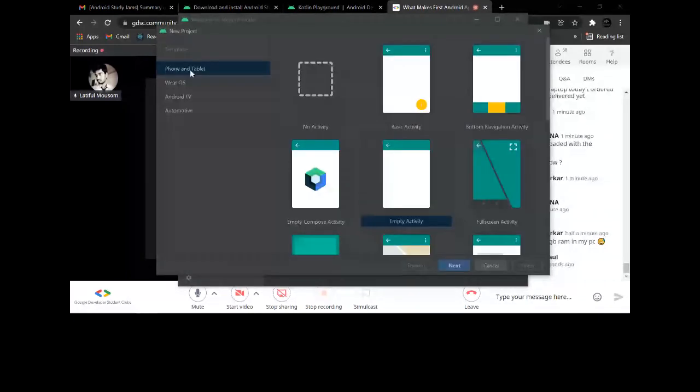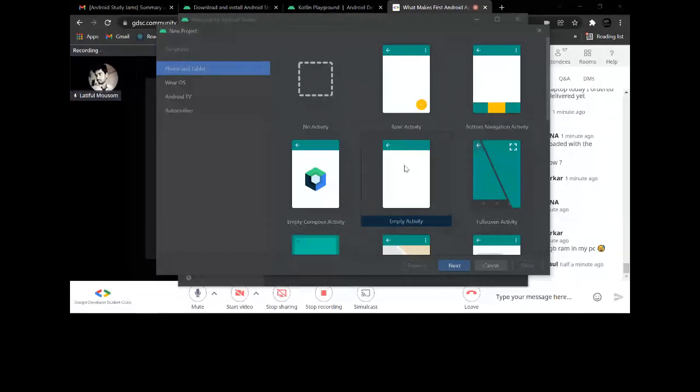So here you can see there are many templates. This is for phone and tablets. This is for Wear OS. Wear OS means smart watches. This is for Android TV, and this is for automotive. Automotive means cars and all of that. So you can see how many opportunities there are as a developer. Being an Android developer, it's a huge market.